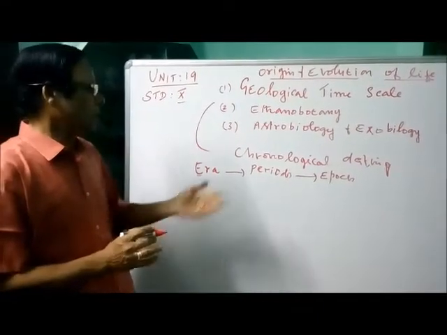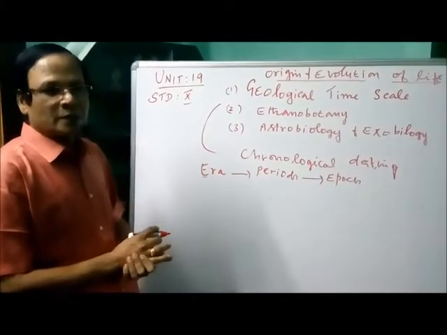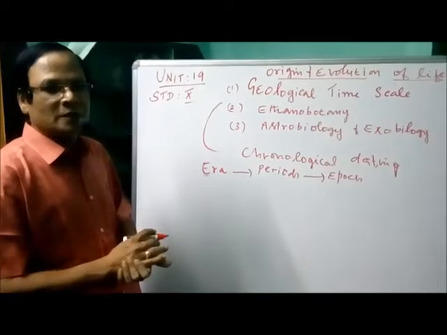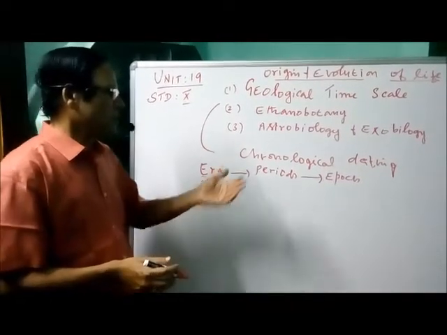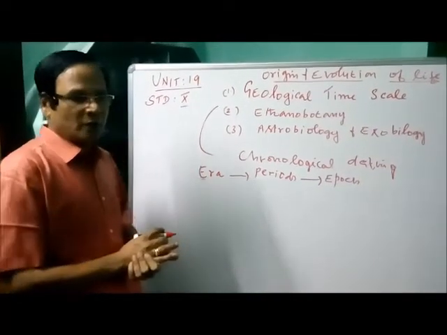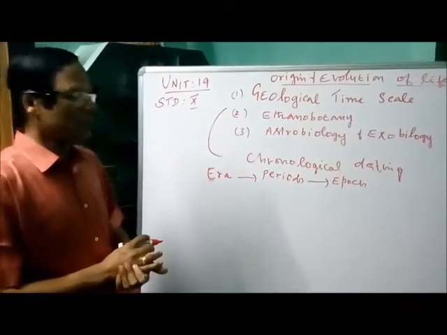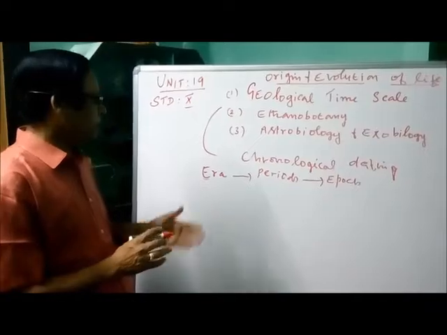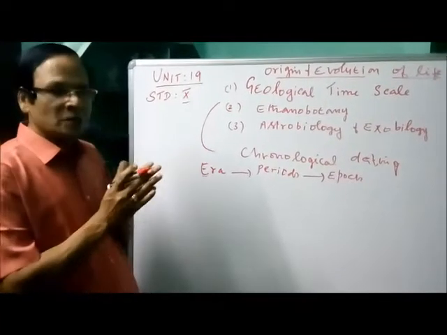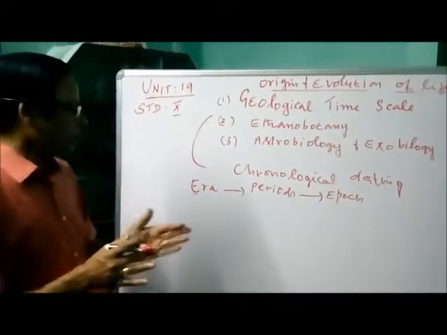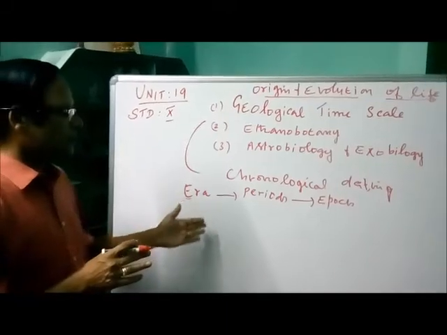The periods are Triassic, Jurassic, Cretaceous, and we have different epochs, Eocene, Oligocene, etc. It's not necessary for you. Anyway, the entire period of the Earth history is divided into many eras, periods